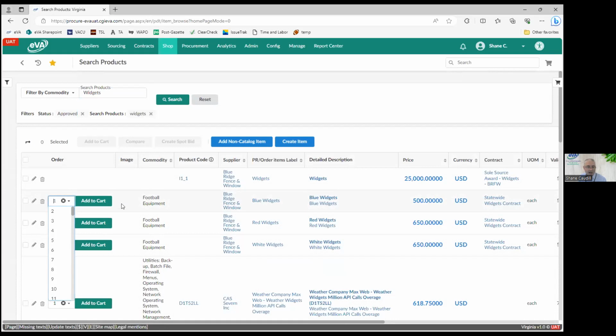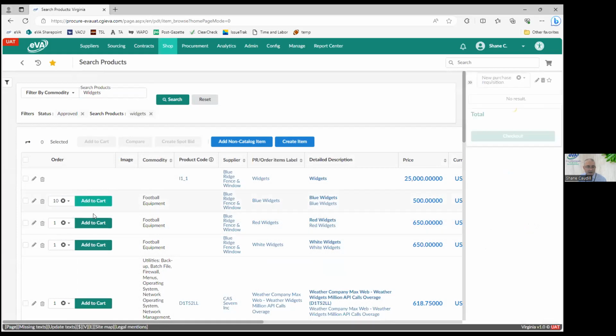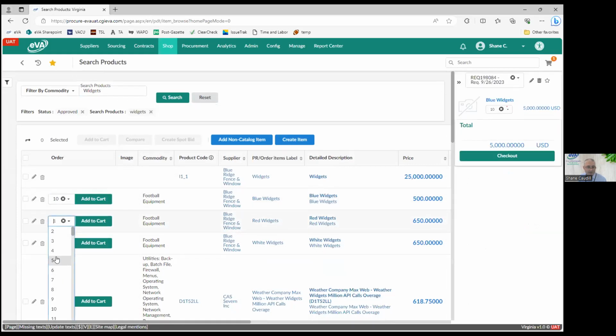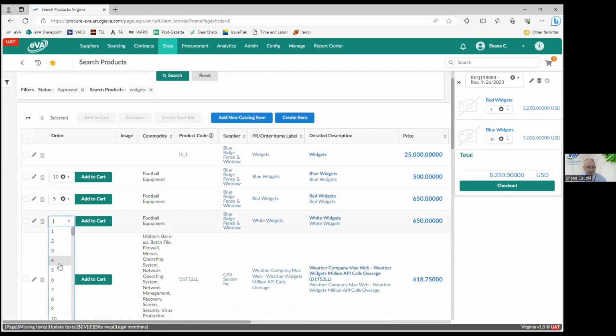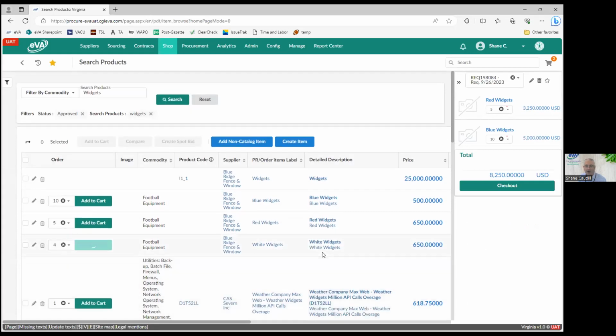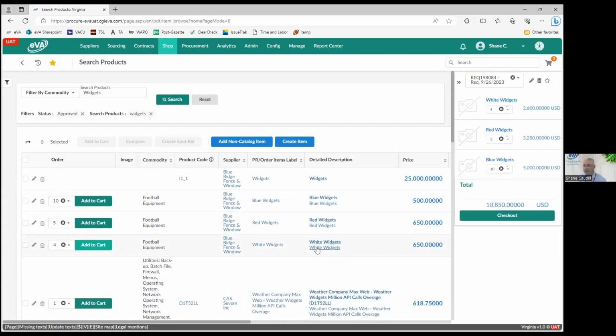I can adjust my quantities if I need to. So let's say I wanted 10 of these. I can add that to my cart, and 5 of these, and I can add that to my cart. You'll notice my cart is over here building, and let's get 4 of those and add it to my cart. So without even going in and reading any details, $10,000 worth of widgets. I can very quickly go in. As soon as I hit checkout from this screen,